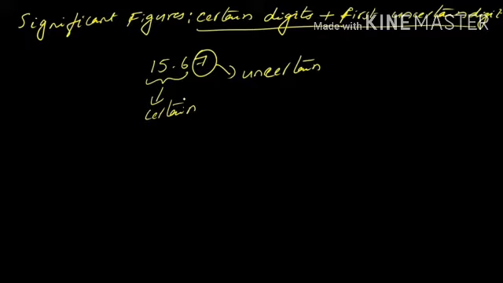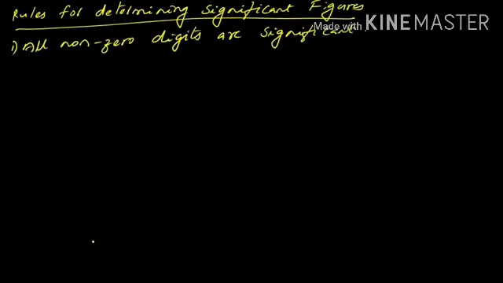Now how can we find out the significant figures? A significant figure contains two parts, certain value and uncertain value. Now there are certain rules to find out the significant figures. One by one we can check all those rules. So we can look at the first rule. The first rule states that all non-zero digits are significant. So in a measurement, if all the digits are non-zero, we need to count all the numbers.